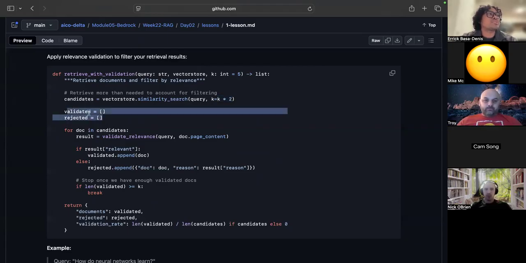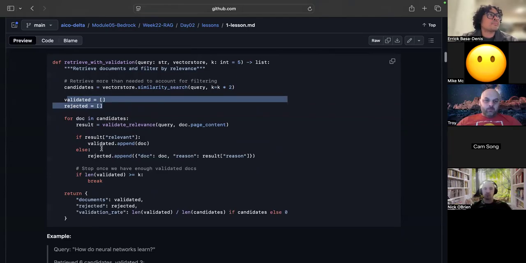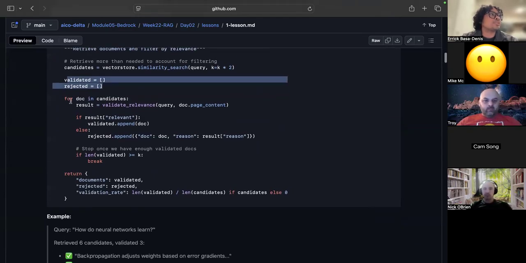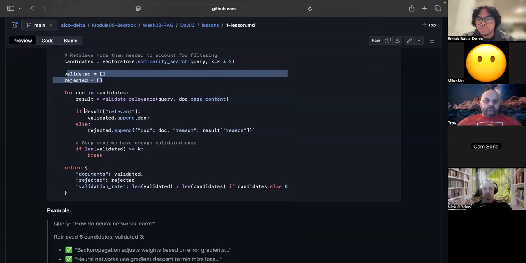Next up, we have two lists. We have validated and rejected. So validated are the documents that are confirmed to be relevant, and then rejected are the documents that the LLM rejected. Next up, we have a loop. So it just loops through all the different candidates. And then it goes through the loop and evaluates each retrieved document. It will then ask the earlier function, so validate relevance,